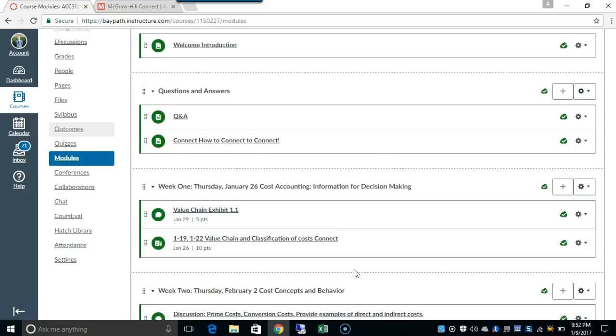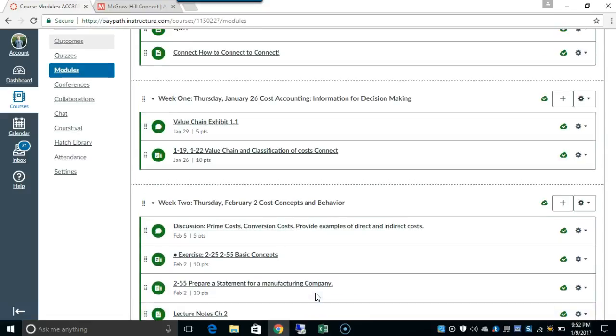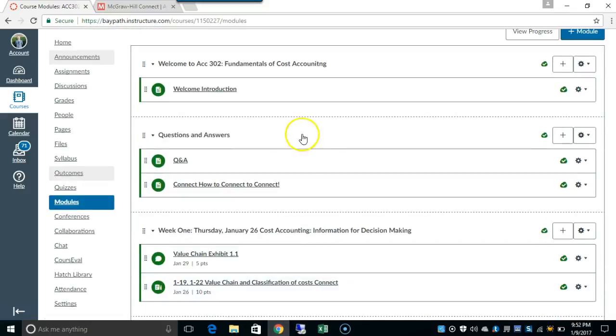Each module has the homework assignments that are in the Connect module, and attached with each module are lecture notes that I think will be very helpful to you, and PowerPoint slides, in addition to the textbook. But first,